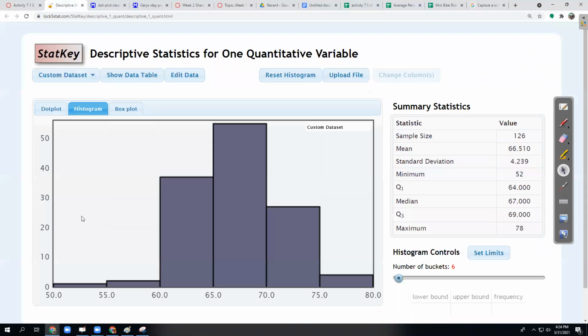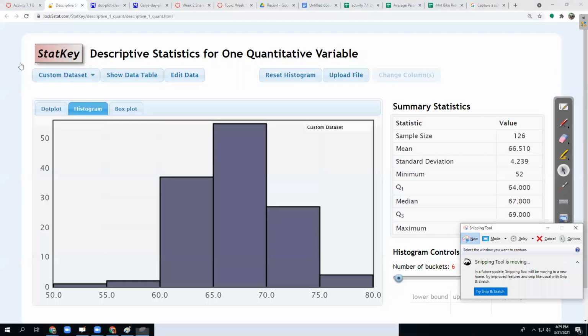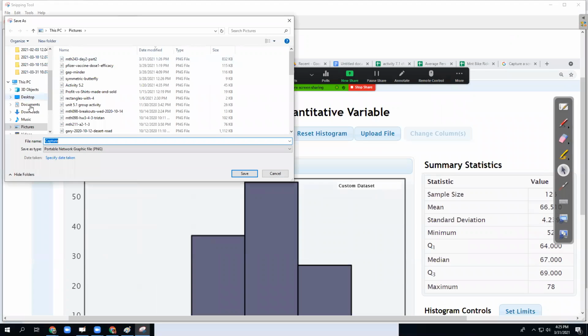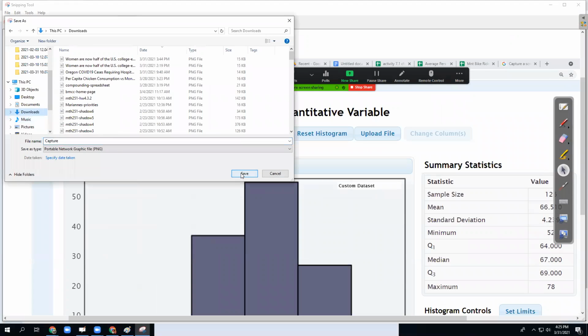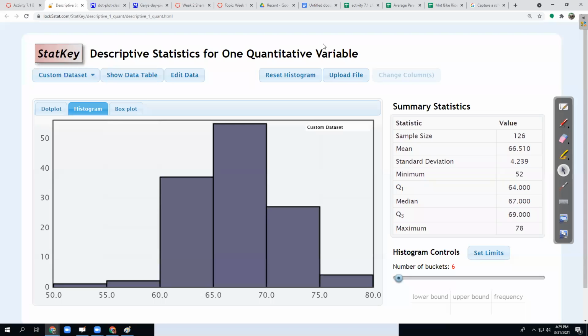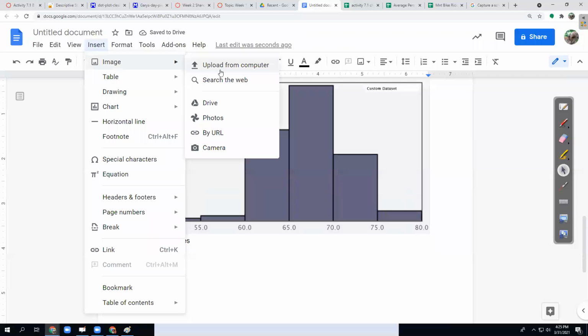So in that case, you would get everything on the screen. So that would be like me using the Snip Tool. Let's do a one where it takes a picture of the whole screen. Now it's going to save it in your downloads, so I'll put it in my downloads too. Just leave it called capture. And then when I stick that in Google, I'm going to have to crop it. So if I go to then insert image from my computer,